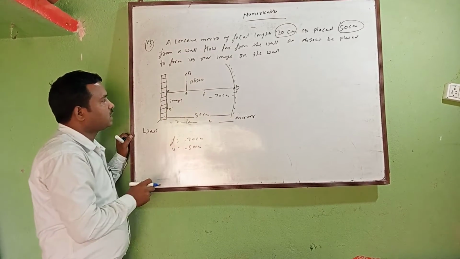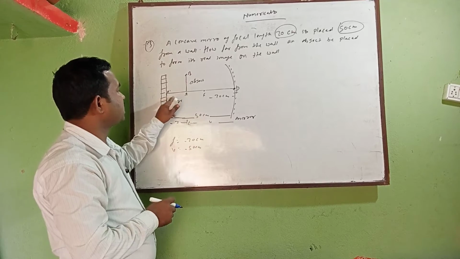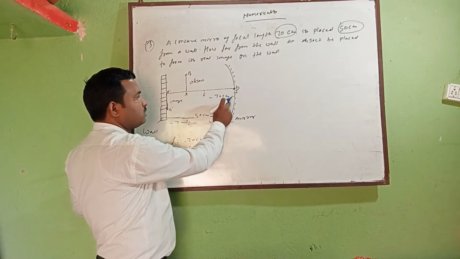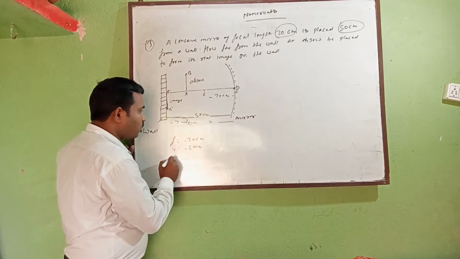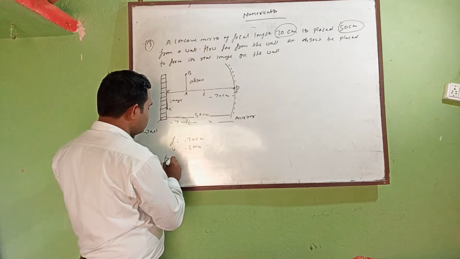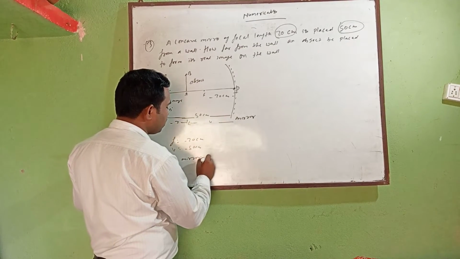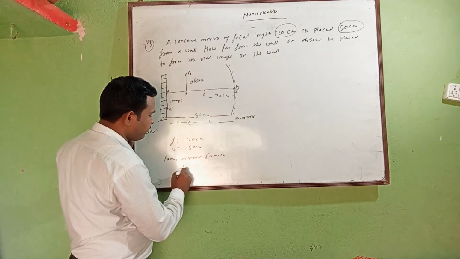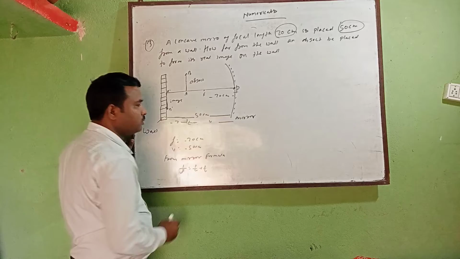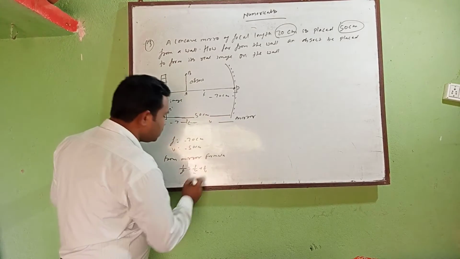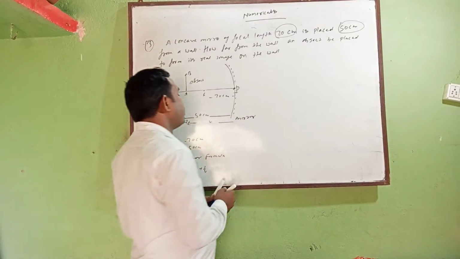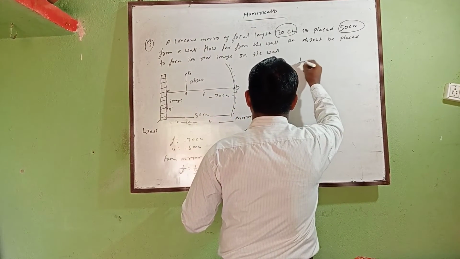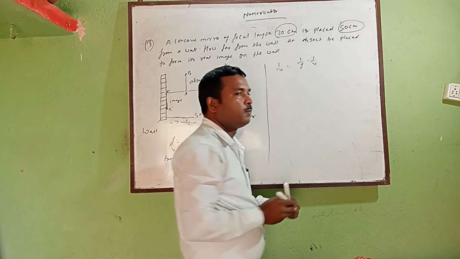And we have assumed that the distance between the object and the wall is x. X is the distance, and the object distance from the mirror is u. According to the mirror formula, we have 1 by f equal to 1 by u plus 1 by v. First you calculate the value of the object distance. Now we can write 1 by u equal to 1 by f minus 1 by v.